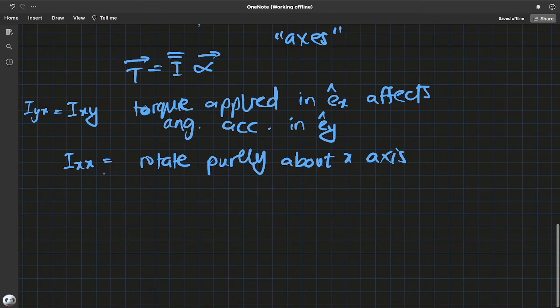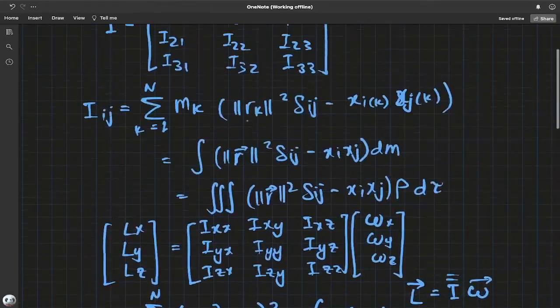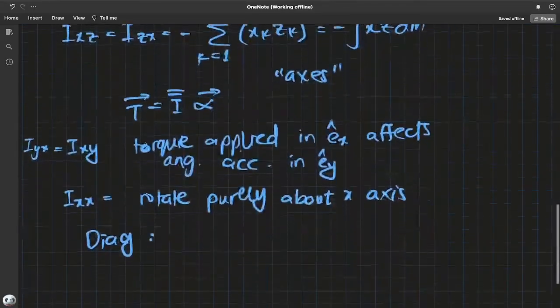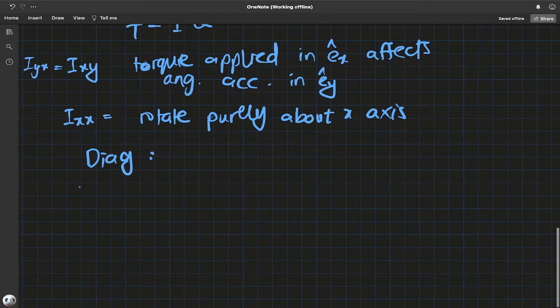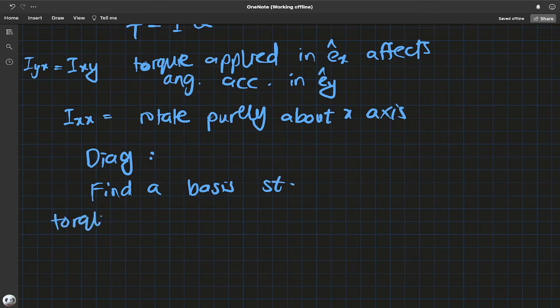So when we diagonalize something like this matrix representation for the tensor, what we're doing is we're finding a basis such that when you apply a torque in, say, e y prime, it only affects